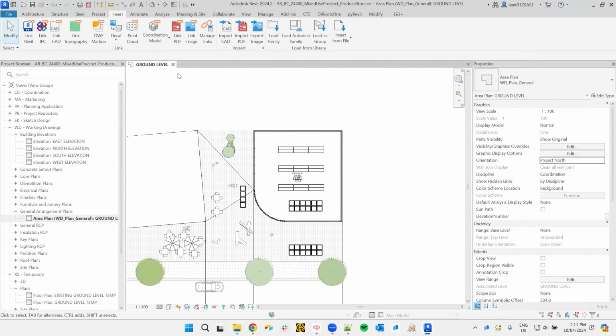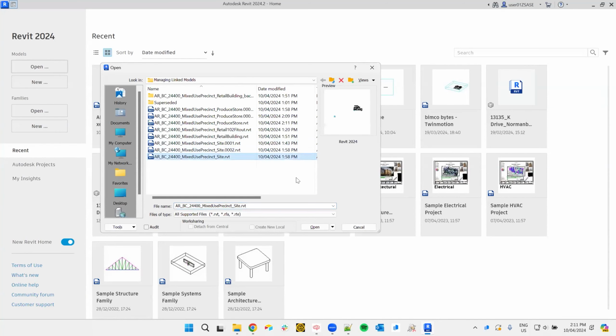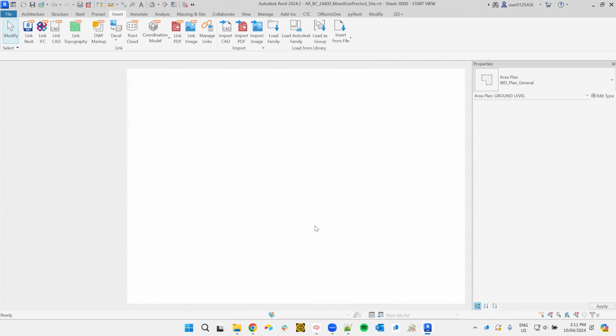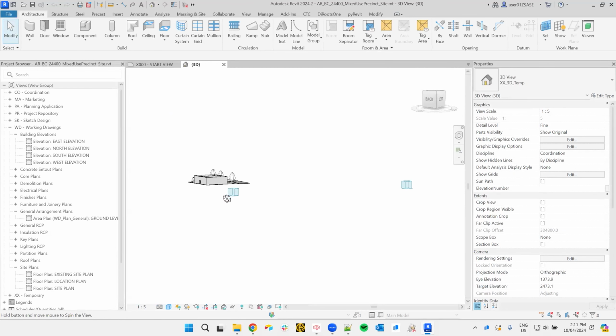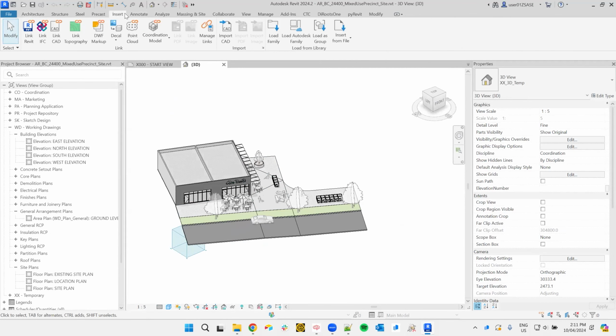Next, we're going to go and open up the site file. So let's just close that. And we're going to go to Open, Site, Open. And we're going to now link in the produce building into our site file. We're just going to do that from 3D here. And there's our big hole for our link. So repeat the process, insert, link Revit,